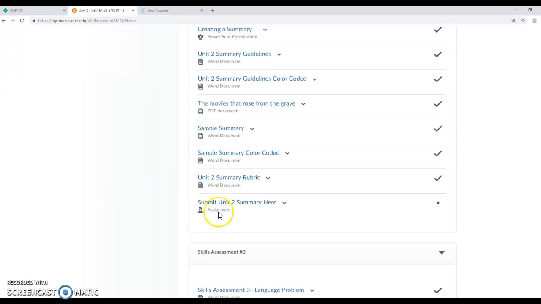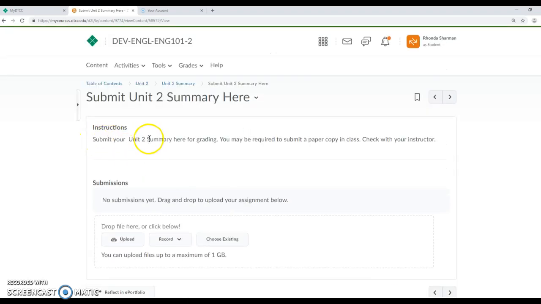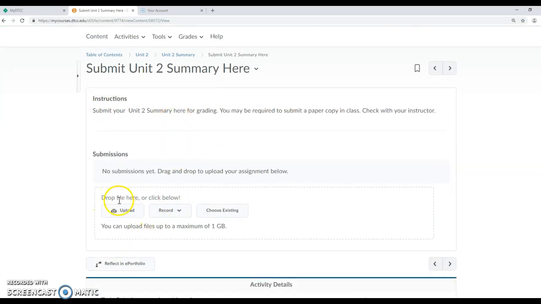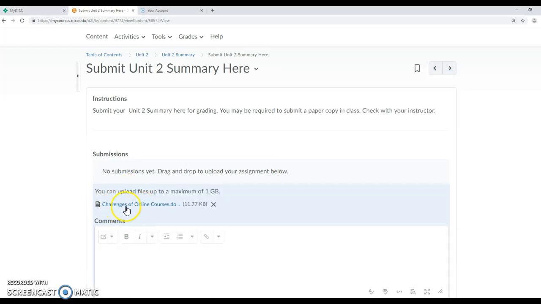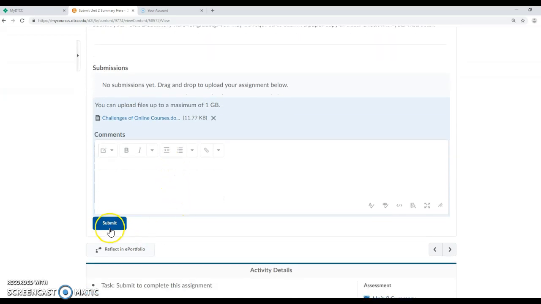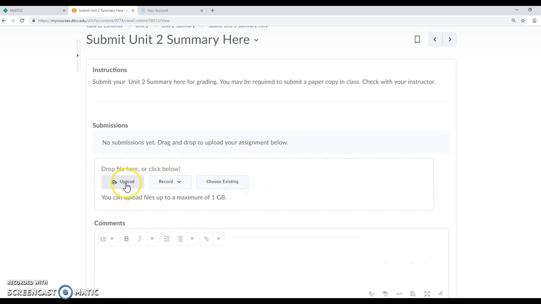Let's start with the assignment type of folder. You'll click on the name for that particular assignment. You'll have instructions about what you're to submit, and you will see an area that says Drop File Here, or you can click the Upload button. So what you'll want to do is look for your document and either grab it, drag it, and release it in the box where you will see that it's been uploaded, and then click Submit, or alternatively, simply click the